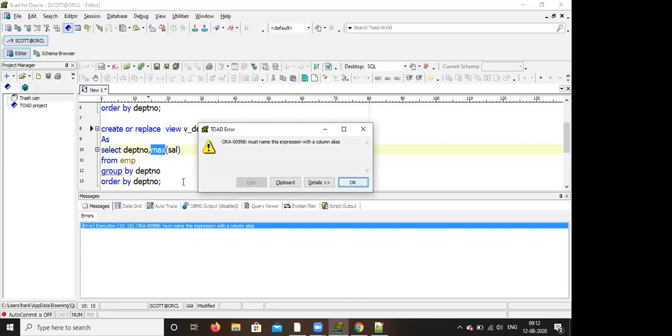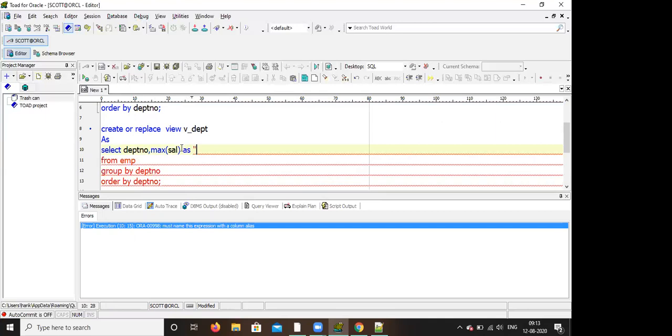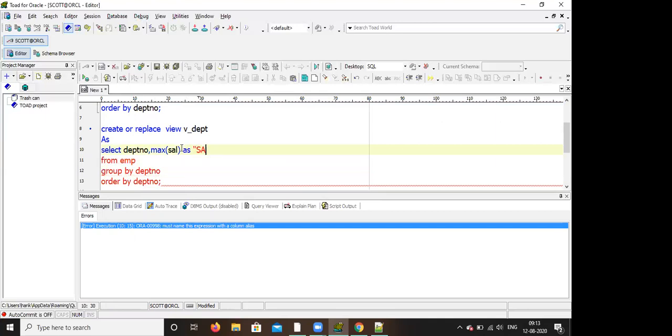Here you must give an alias name for max salary. While creating the view, whatever column you want in the view, you can give that column an alias name, like max_salary. Now run it.